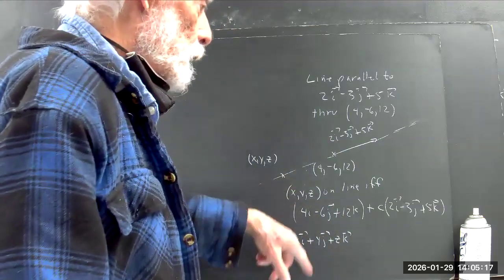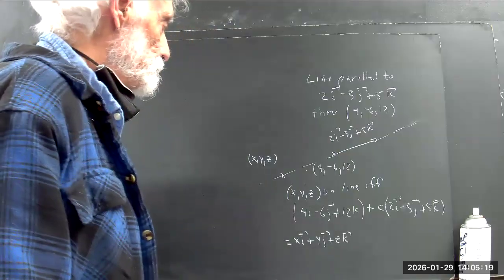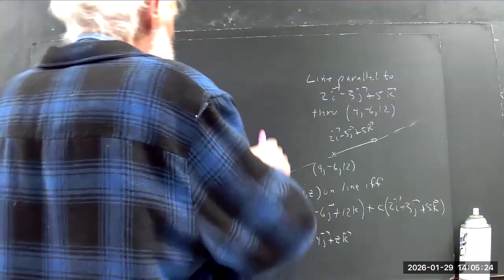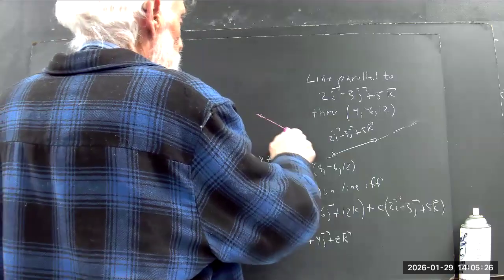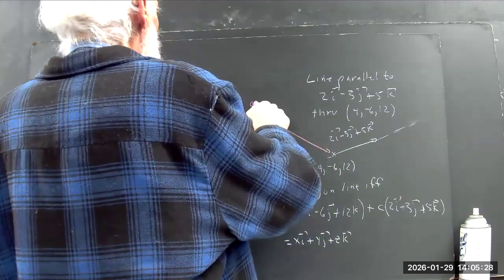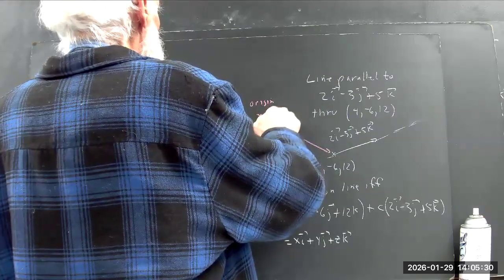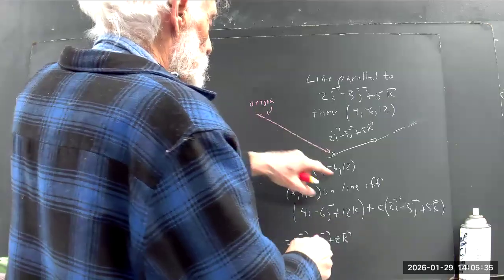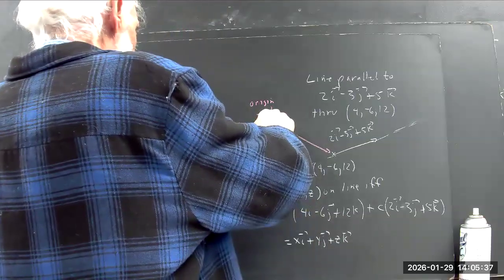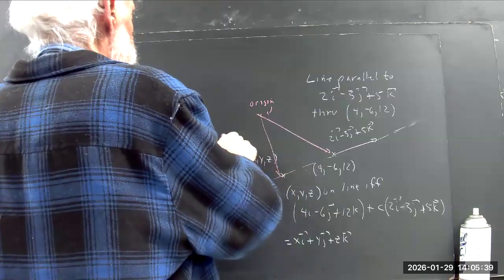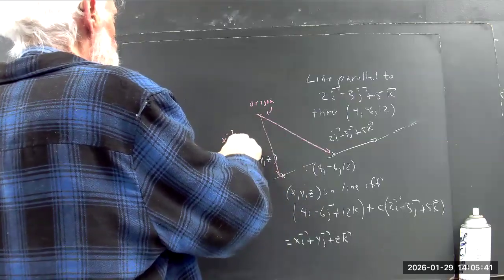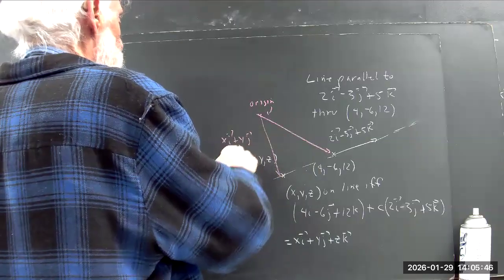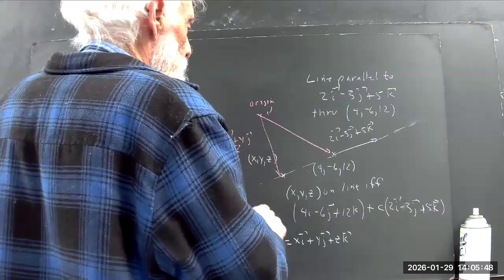That's the condition for x, y, z to be on the line, where you consider the origin to maybe be here. So this vector is 4i minus 6j plus 12k. And then this vector is xi plus yj plus zk. This vector is your